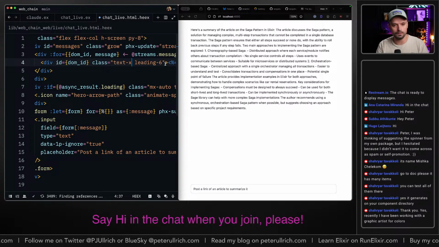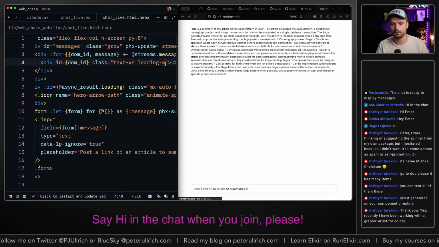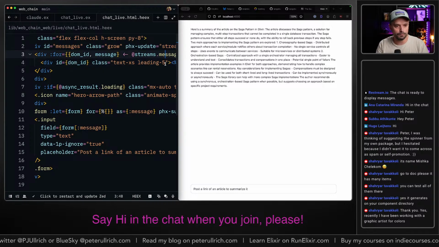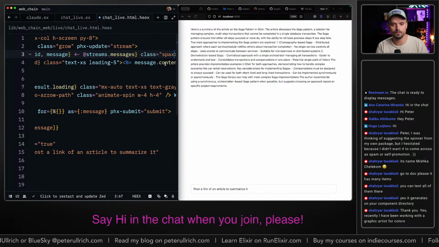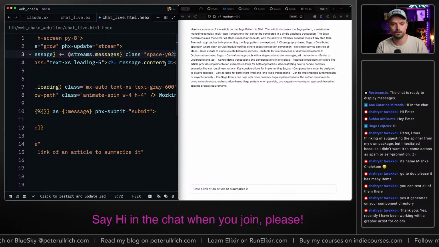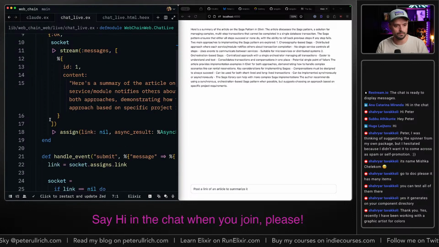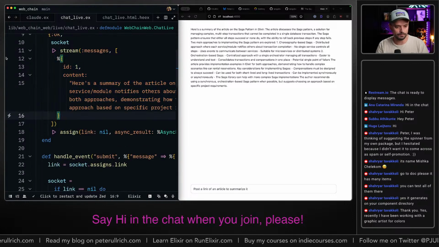But we want to have this XS. Okay, that's better. And yeah, we also want to have a space in between, so that if we have multiple messages, it looks all right.